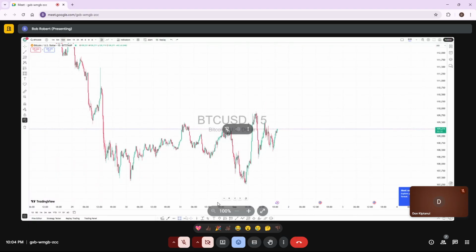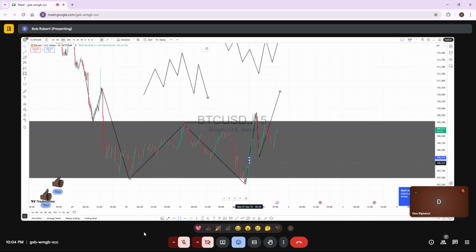Are we there? So we mark something like this, then wait for the market to tap into the zone, then a buy, then it goes up. That's how a conservative trader is going to do it. Okay, but let me delete this so that when I shift to a higher time frame,